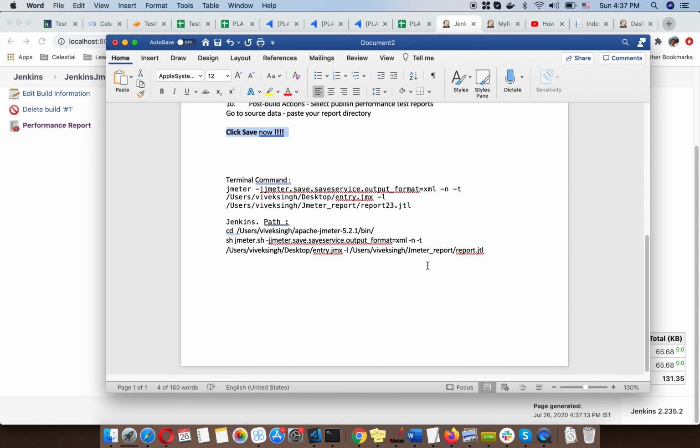I hope I have shared my knowledge with you, and that you can learn the integration of CI/CD like Jenkins with your JMeter, and tell every other team member of yours how to do all this.